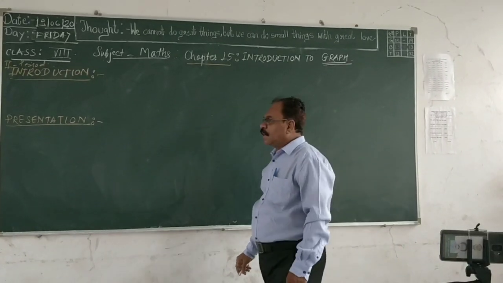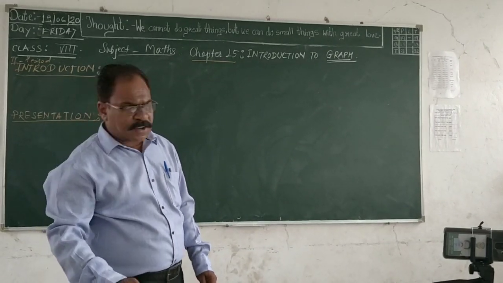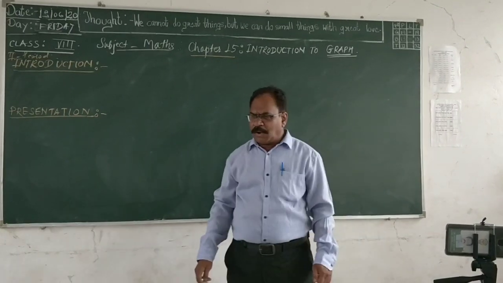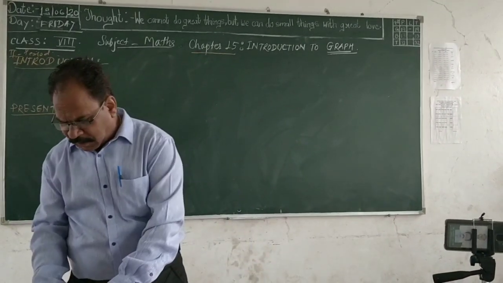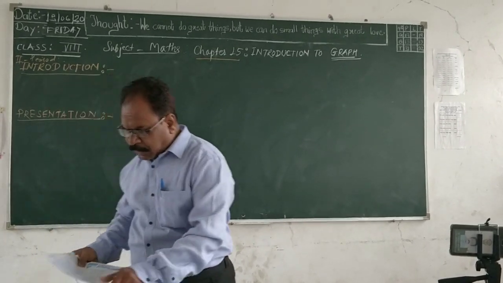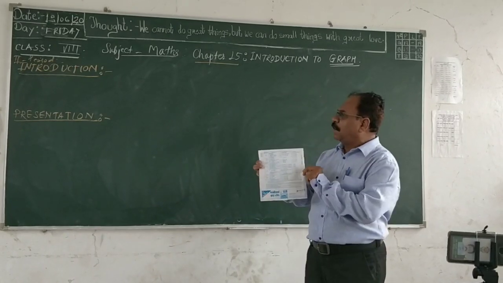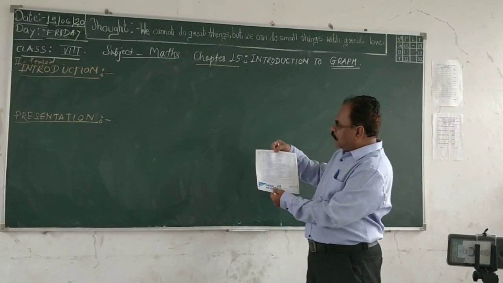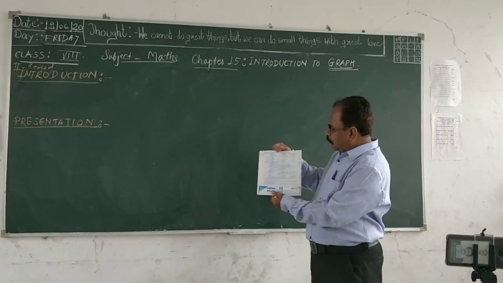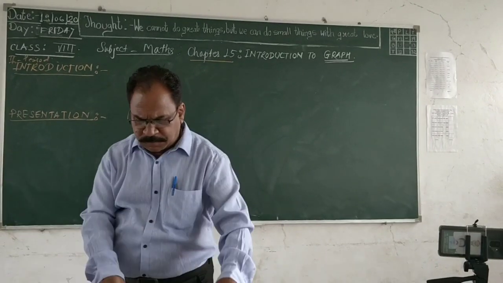Every day in the TV or in the magazine or in the newspaper, you see the graph. Always you see the graph in the magazine also. So in day-to-day life, suppose there is an electricity bill. In this electricity bill, the graph is given in the form of a table. Graph means it may be in the form of a table also. So graph,